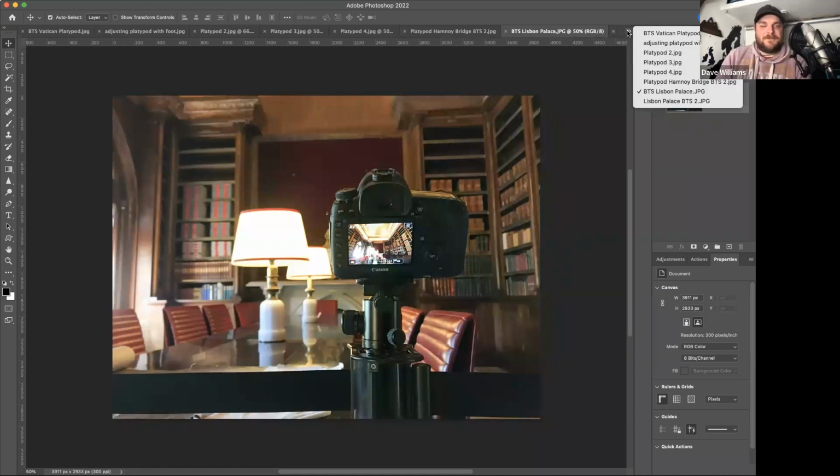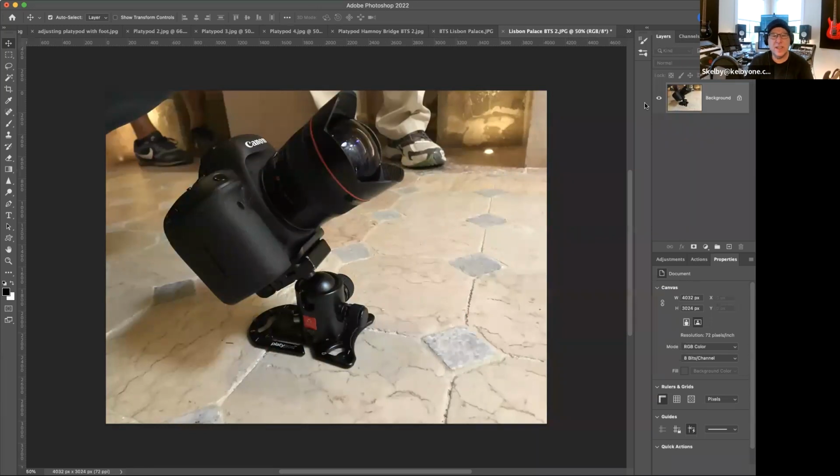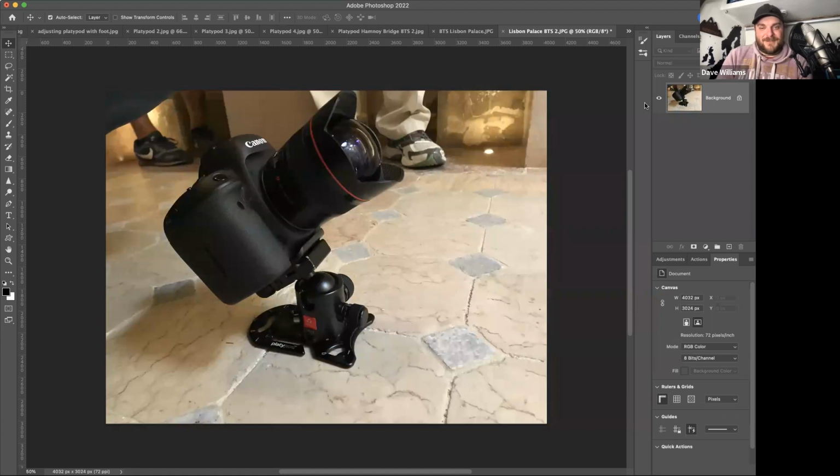And I think I might have one more. And here's another one in the Lisbon Palace, just on the floor. You can see all the feet getting ready right there for photography. But yeah, it allows you... and what it is really about these things,